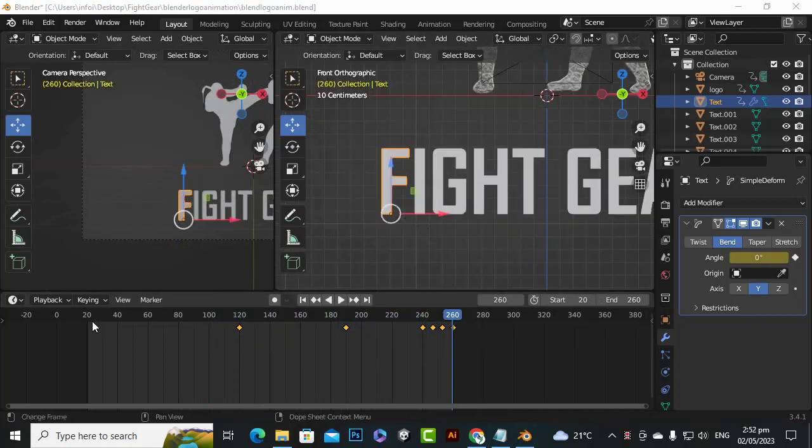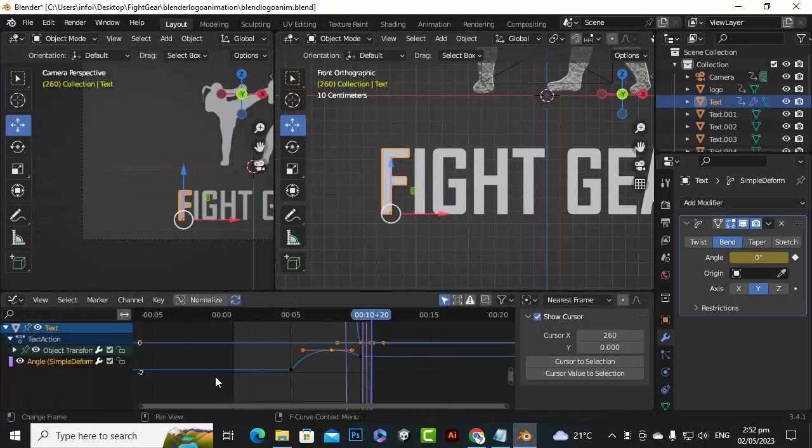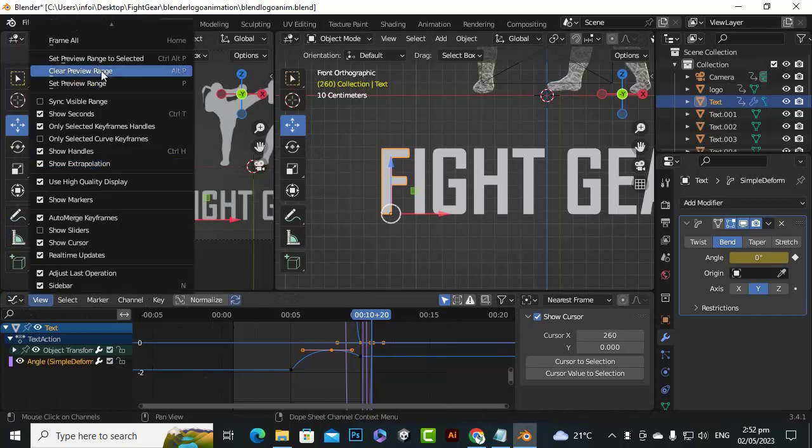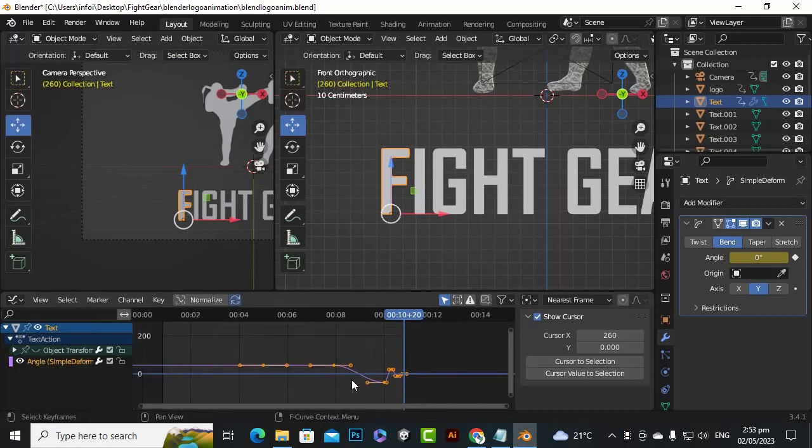So now at this point we will again click here, and we will go to the graph editor, and let's again click on view frame all, and we will just hide the location thing. So here you can see we have transform, so just disable the transform layer, and we only have this main animation layer. So here you can see like this. Okay, so what we'll do for this, we will just